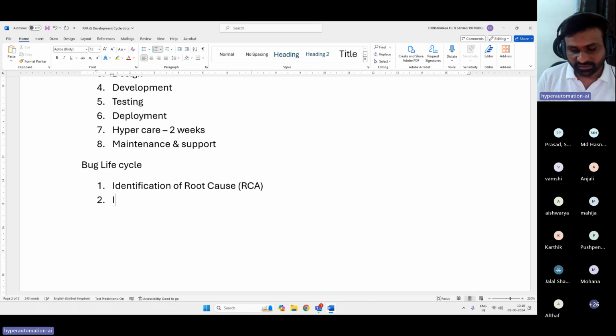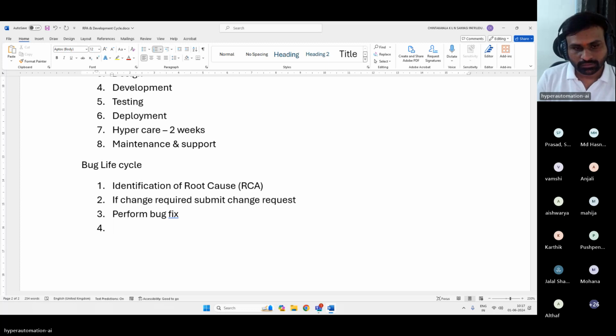If a change or any update is required to your code, submit a change request. Perform the bug fix. Next, testing, and then deployment.